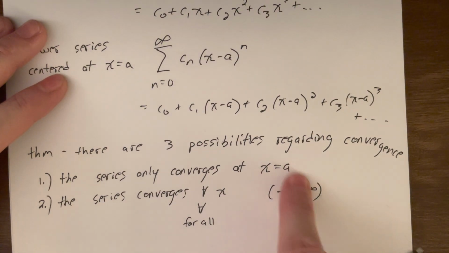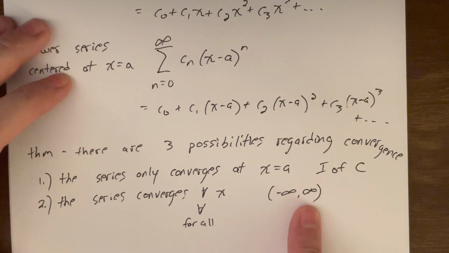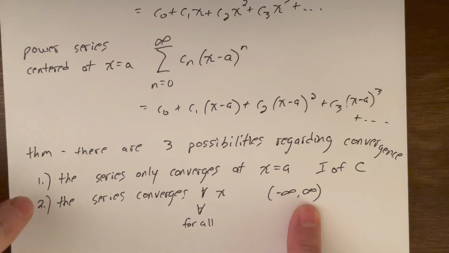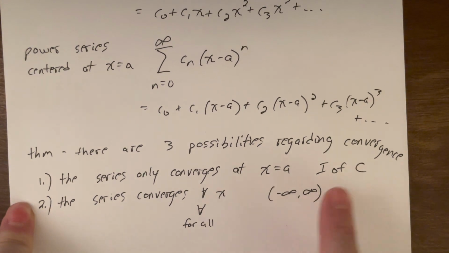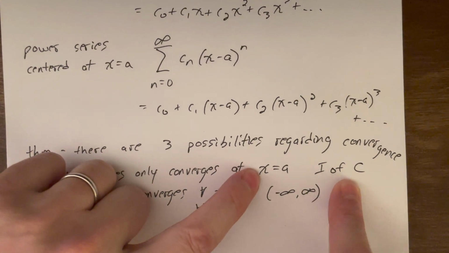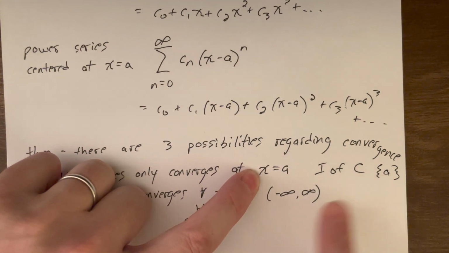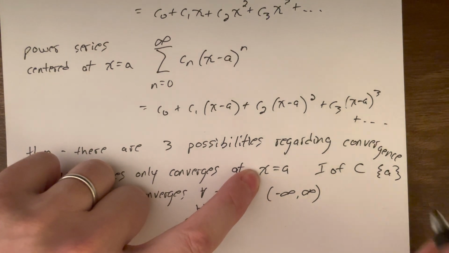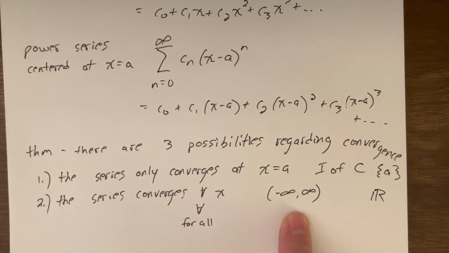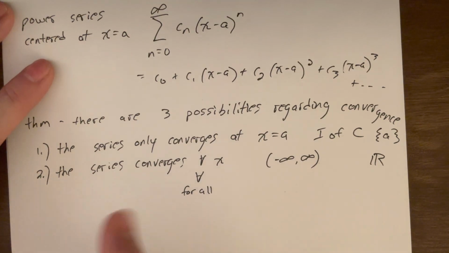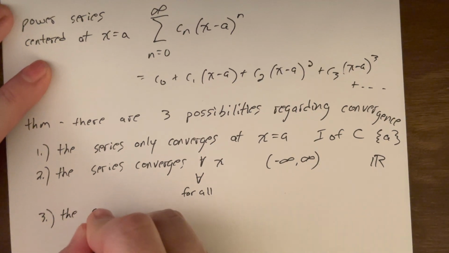By the way, these are the intervals of convergence. That's that box I was talking about. The theorem itself is writing it out just the way I am, but that box at the bottom starts talking about the idea of the interval of convergence. Here, that interval is that singular x value a. Here, that interval is, again, you could call that all real numbers, use that notation, or the interval negative infinity to positive infinity. And number 3, the third possibility, the series converges